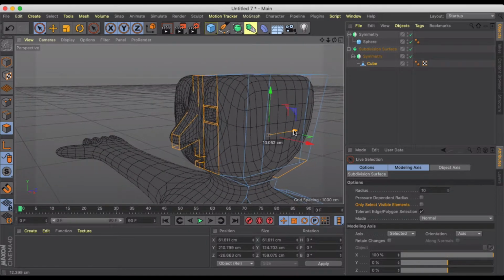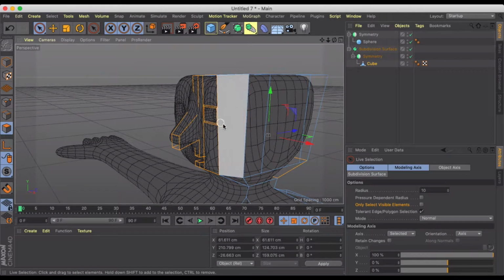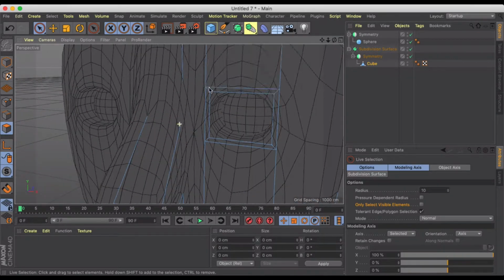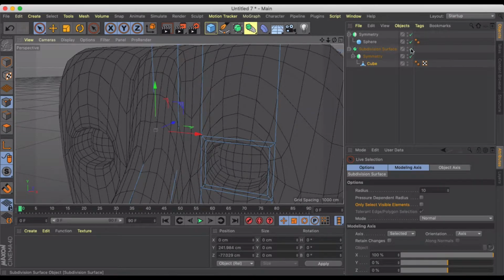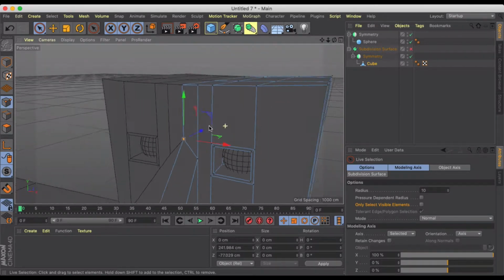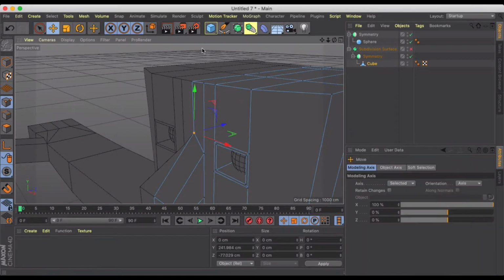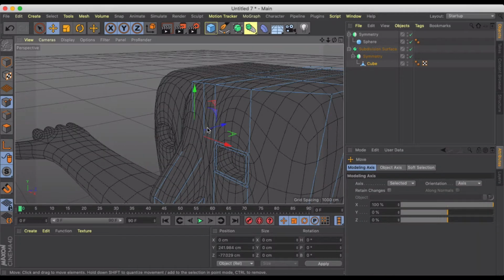I'm going to pull this out a little bit, and we can always go back and adjust the eyeballs a little bit. And then I'm going to go into my points mode,